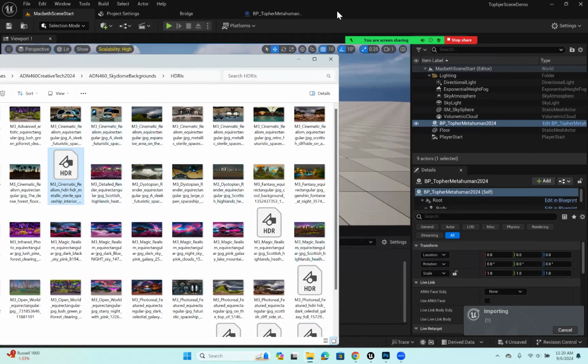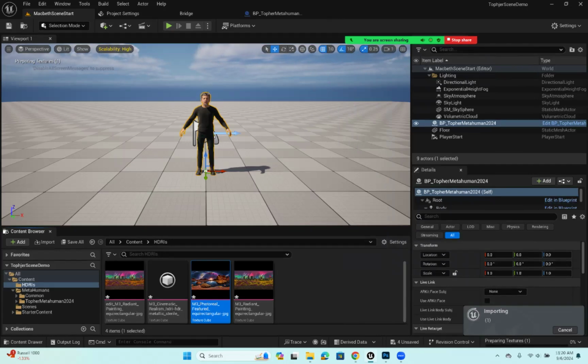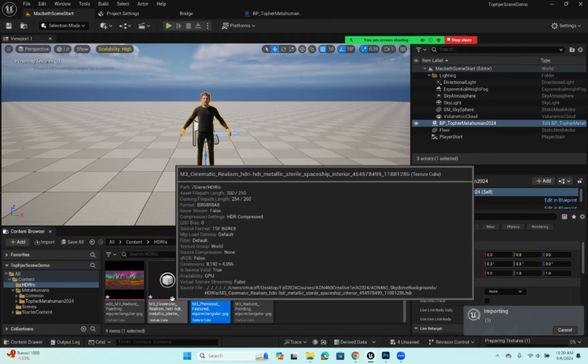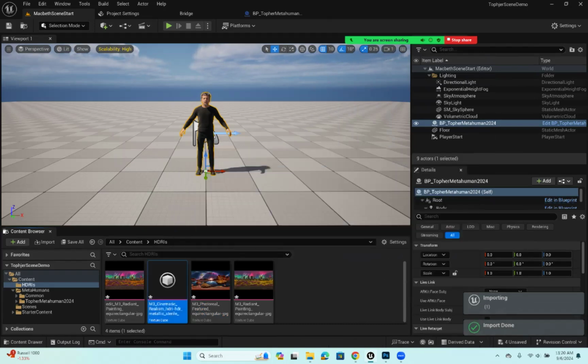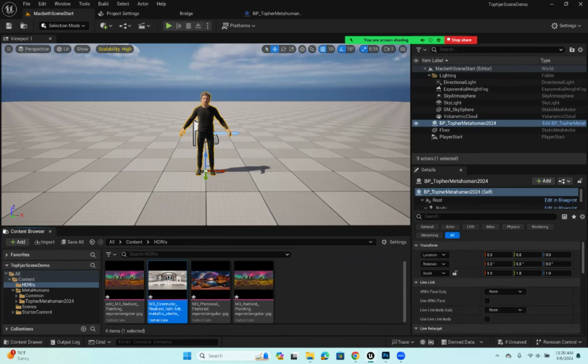Cinematic realism. So we've got a few different things here from the folder that are equirectangular HDRIs now. One of them is not showing up. I don't think it's finished converting. This is actually not the one that I thought I was bringing in, but that's okay. Let's check some of these other ones out first. So let's go ahead and